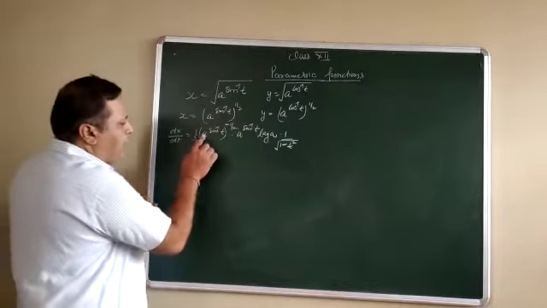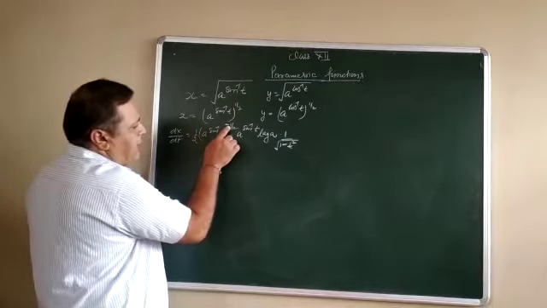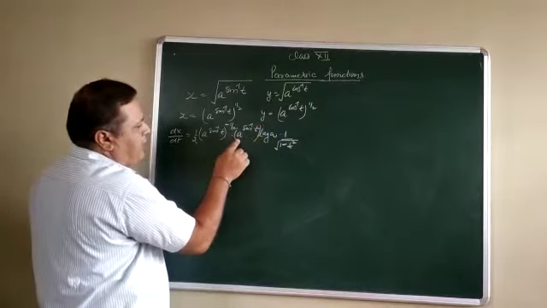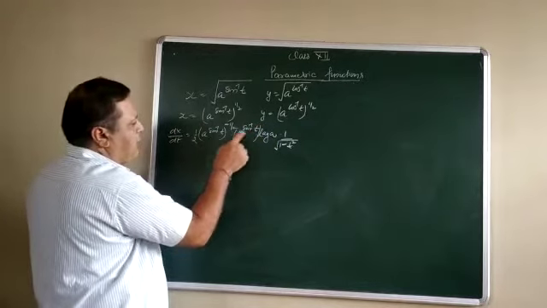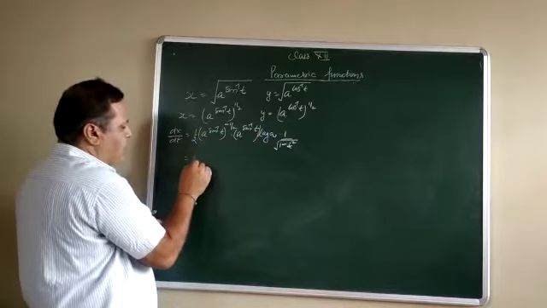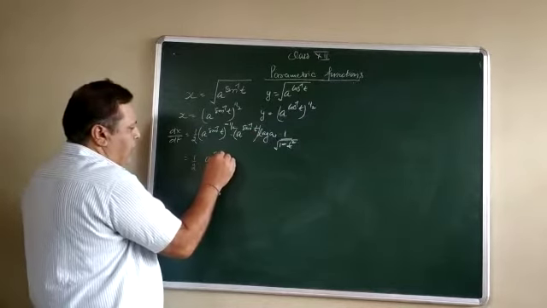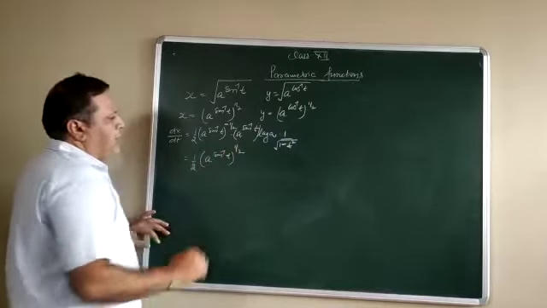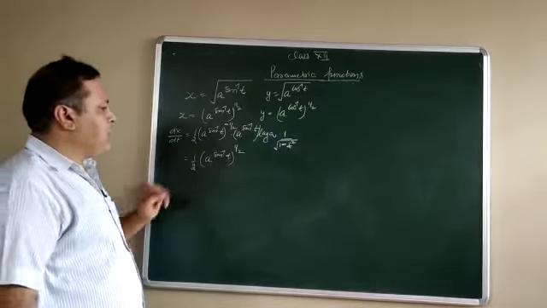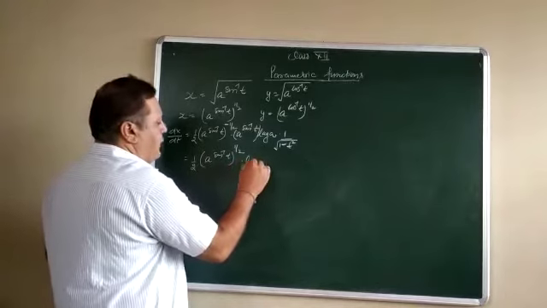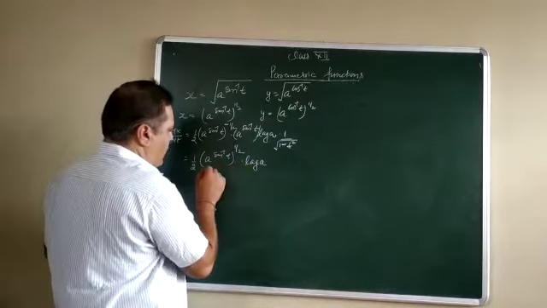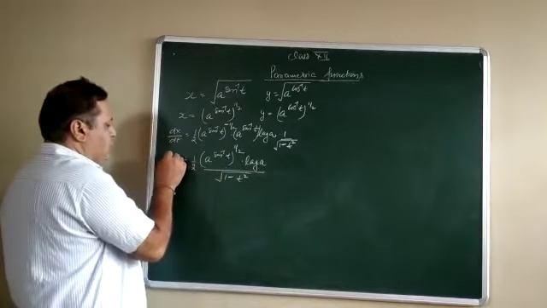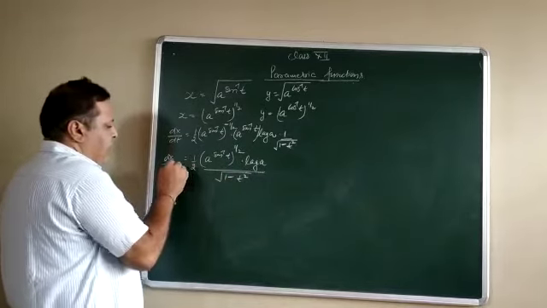Now see, (a^sin⁻¹t) to the power minus 1/2 times (a^sin⁻¹t) to the power 1. So the bases are the same, and the powers get added. Now it is 1/2 (a^sin⁻¹t) whole power 1/2, since 1 minus 1/2 plus 1/2, into log a upon the square root of 1 minus t square. This is called dx/dt.